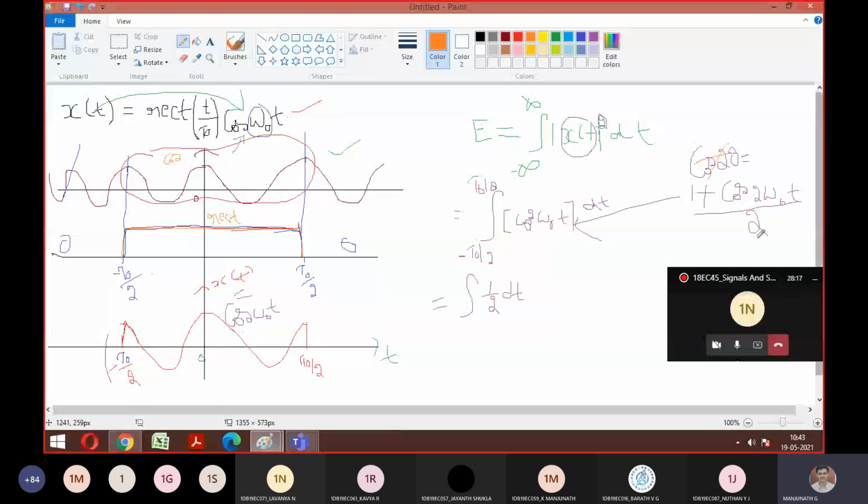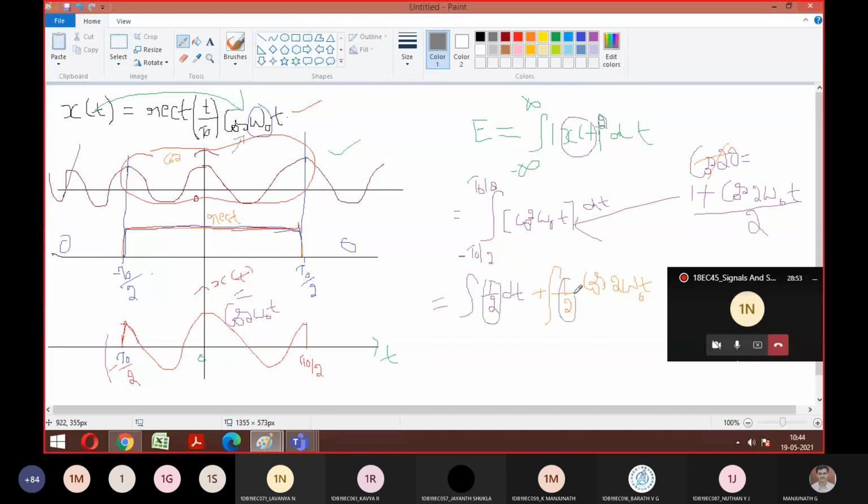Then we know that we can split the term to obtain integrations. So again 1 by 2 cos 2 omega naught t. So we are supposed to integrate these two terms now. Is it not? Yes. Here 1 by 2 is a constant. In both the terms you can see 1 by 2, 1 by 2. So can I take this 1 by 2 out? If you take this 1 by 2 out and do the integration, the first term is 1 by 2 as it is. So the integration of 1 is how much?